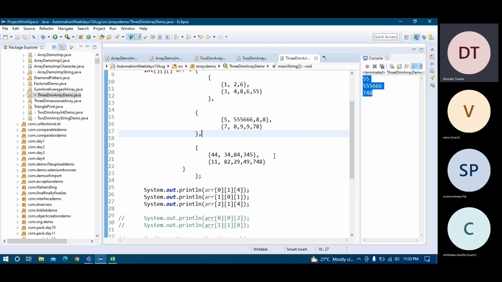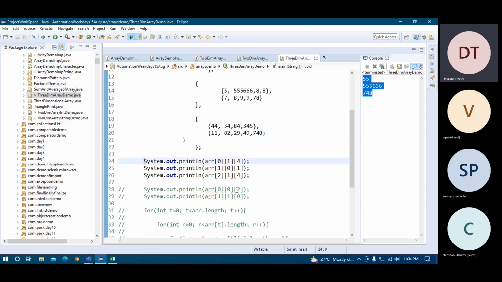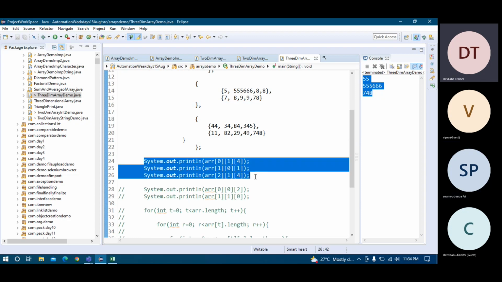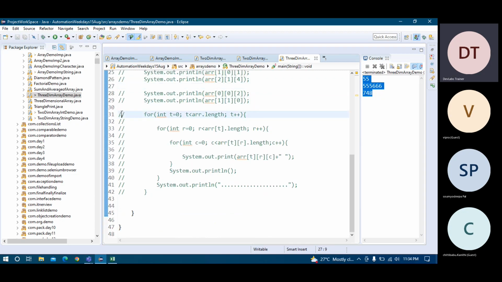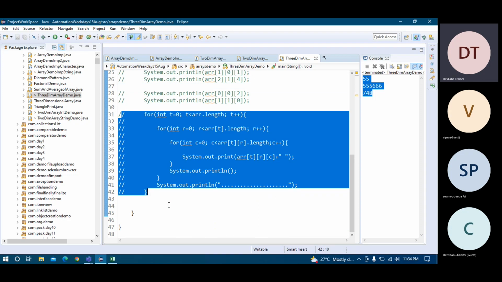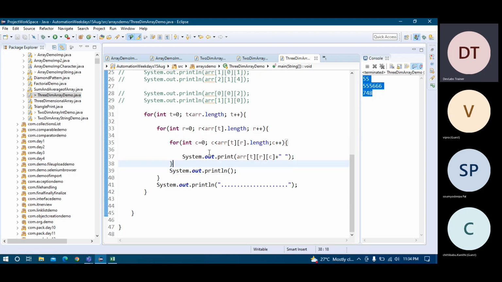So it's coming. Now we have an understanding of indexes. Once we have the understanding of indexes, it's very easy for you, right? So now you go for the 3D table printing. You will have to use 3 for loops. Just remember that. If it is a 3-dimensional array, you have to use 3 for loops. One for loop is for table, one for loop is for row, one for loop is for column. Think in that perspective.